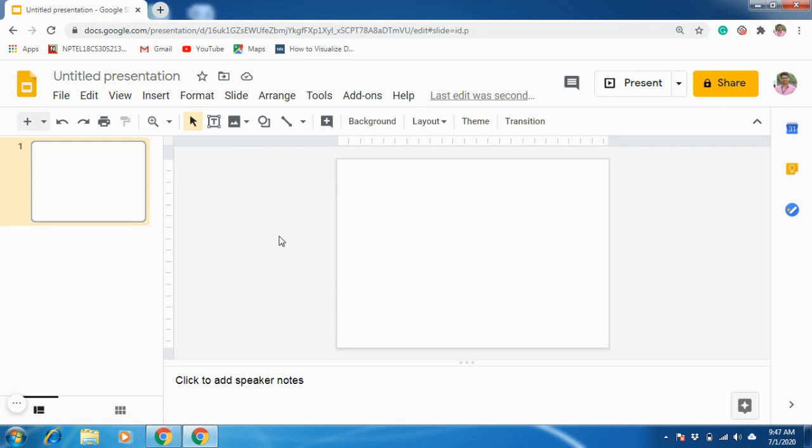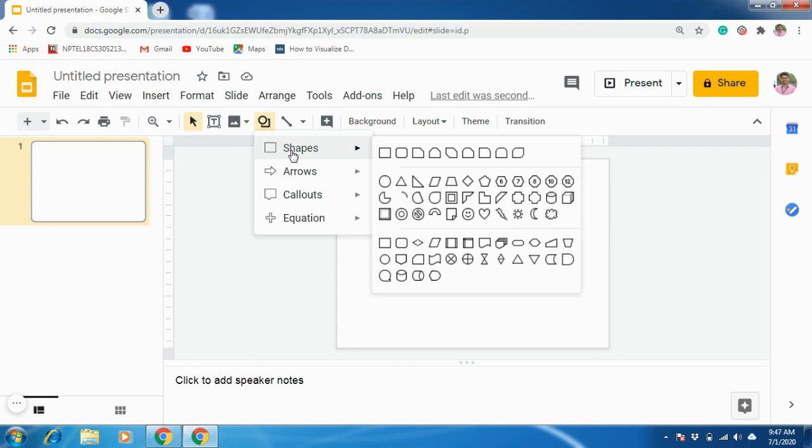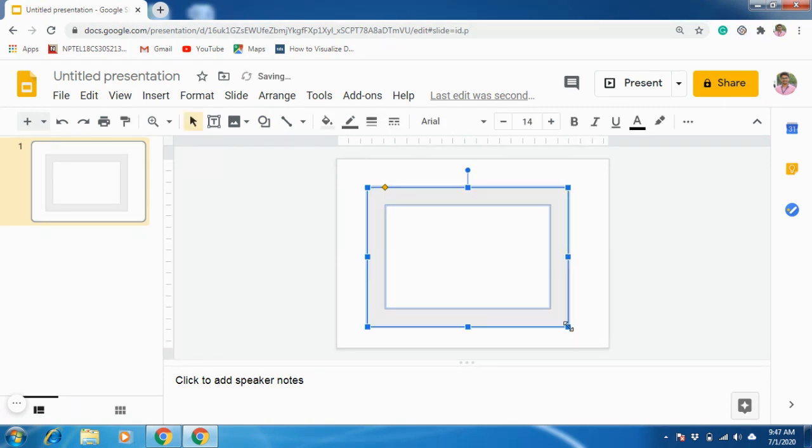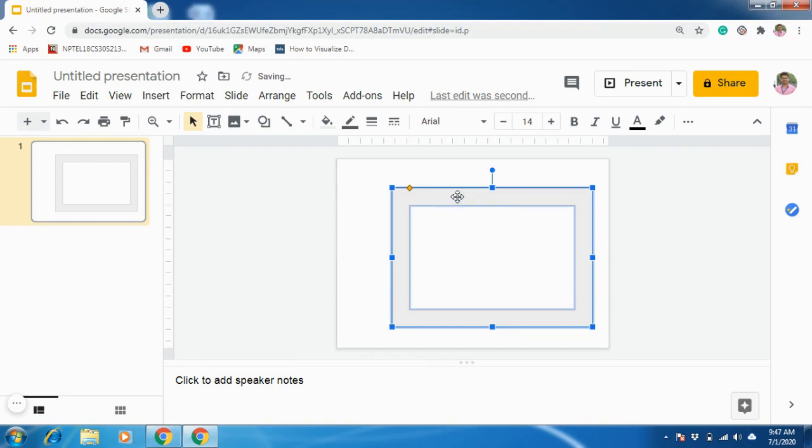So now the procedure is, you can always use these shape options. From these shapes only you can design a variety of certificate templates. I'm going to consider this one, the frame version. So select frame. I'm drawing a frame like this. So now let me keep it in center. So how to keep it in center?